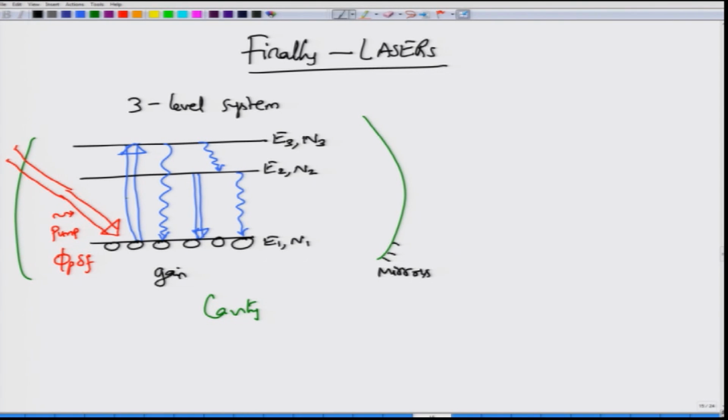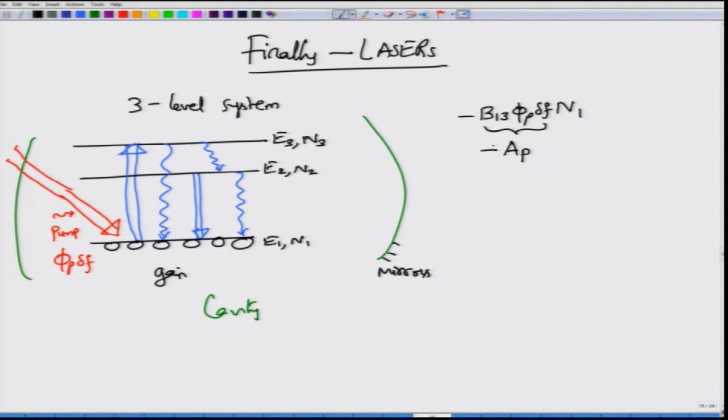And the interaction that governs the transition from energy level E1 to E3 is something that we already know. It is given by minus B12 phi p delta f n1, or sorry, this is B13 because this is the level you are going from 1 to 3. Instead of writing this as B13 delta f phi p, I am going to introduce a simplified notation called AP. Please do not confuse A with the earlier Einstein coefficient A. This is a different coefficient. This is the absorption coefficient, or what we call the transition probability.